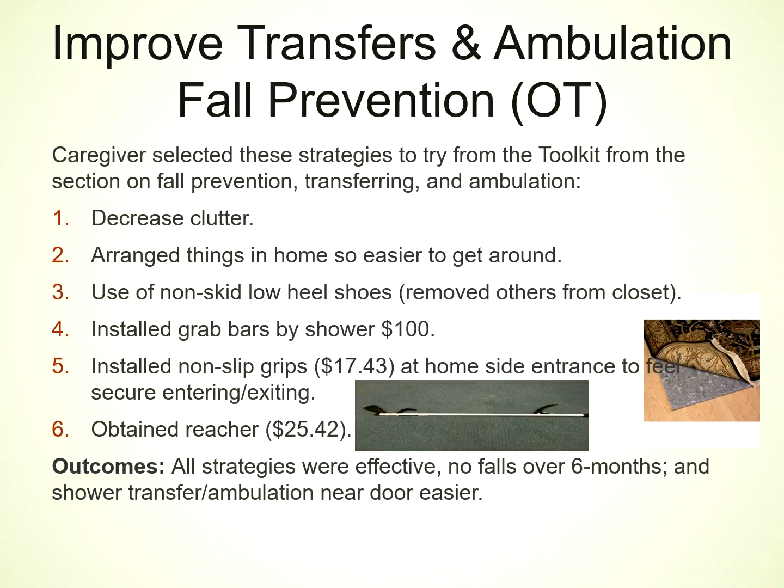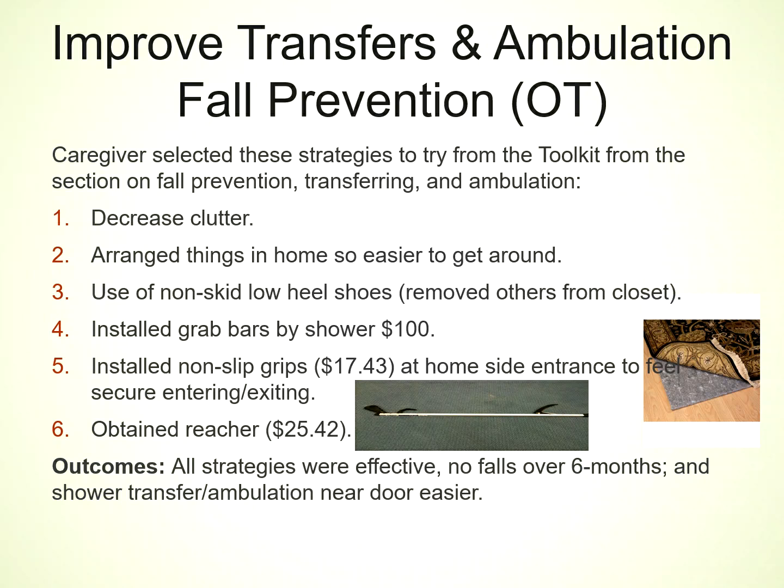To improve transfers and ambulation and prevent falls, the caregivers selected these strategies to try from the toolkit from the section on fall prevention, transferring, and ambulation. Decreasing clutter, arranging things in the home so they're easier to get around, use of non-skid low-heel shoes, all the others were removed from the closet, and then installing the grab bar by the shower, which cost about $100,